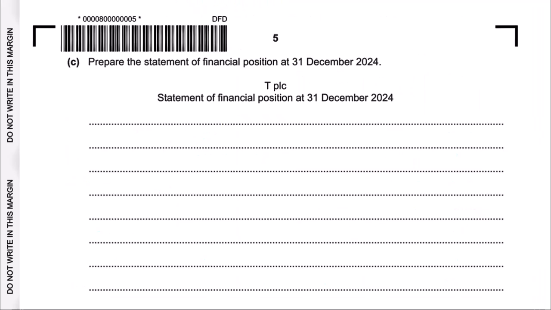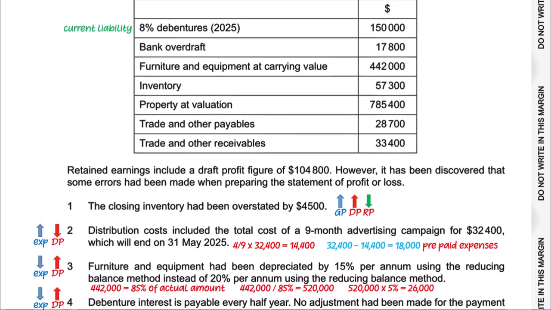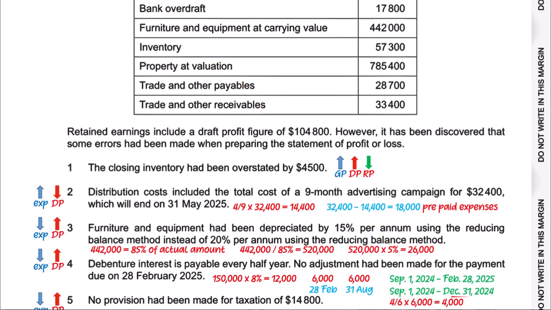Then on the next page, part C is prepare the statement of financial position at 31 December 2024. For this, we go back to the beginning of the question. Before preparing the statement of financial position, we should identify the assets, the liabilities, and equity so that their placement becomes easier. Okay. 8% debentures are current liability, and there is accrued interest of $4,000 on them, which is also